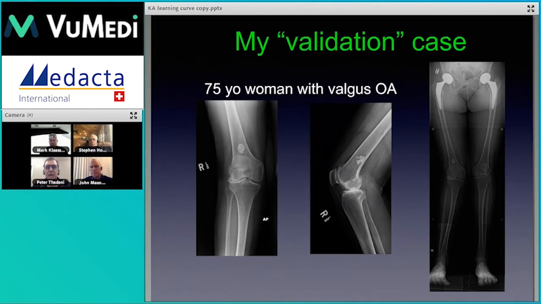Early on in my KA experience, I thought I'd been restricting to knees with relatively little deformity, or more straightforward cases. And I thought, if I'm really going to make the leap and adopt this technique, let's put our money where our mouth is and apply this to all patients, all comers. So here's a 75-year-old woman with end-stage valgus osteoarthritis, collapsed lateral compartment. You can see a markedly valgus mechanical alignment. I look at this case from an MA perspective, and I think, oh boy, I'm going to have to